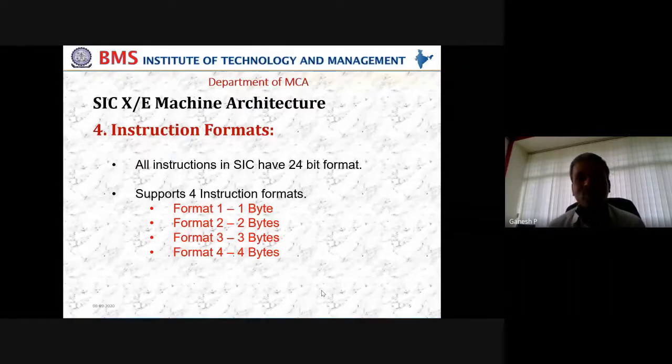Next, we have a two address instruction. As the name says, two address: I want to add 2 numbers, add 5, 10. So I'm giving 2 addresses. For the addition operation I require 2, and hence I need not depend on anything else. So 5 and 10 will be added, and the result will be stored back in the accumulator. Similarly, we have a 3 address instruction.